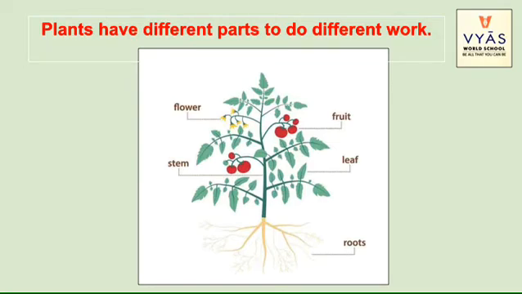The part of the plant that grows above the soil is called the stem or the shoot, and the part that grows below the soil is called the root. The stem or shoot bears branches, leaves, buds, flowers and fruits. Each part of the plant carries a specific function, and today we are going to study the functions and the features of the different parts of a plant.